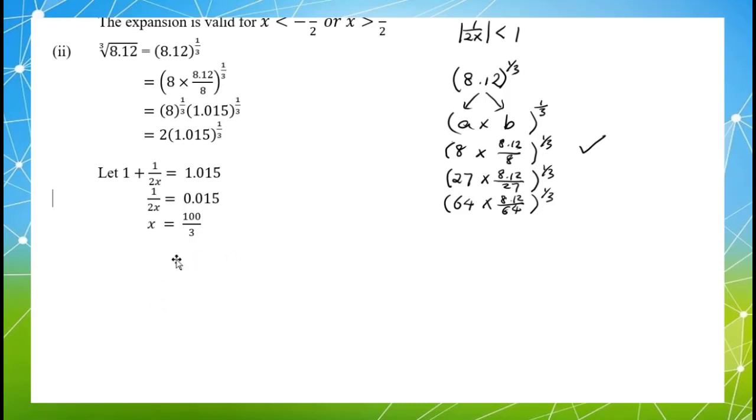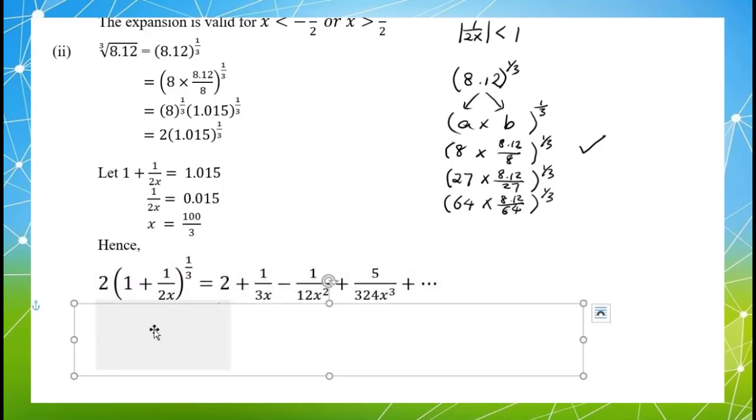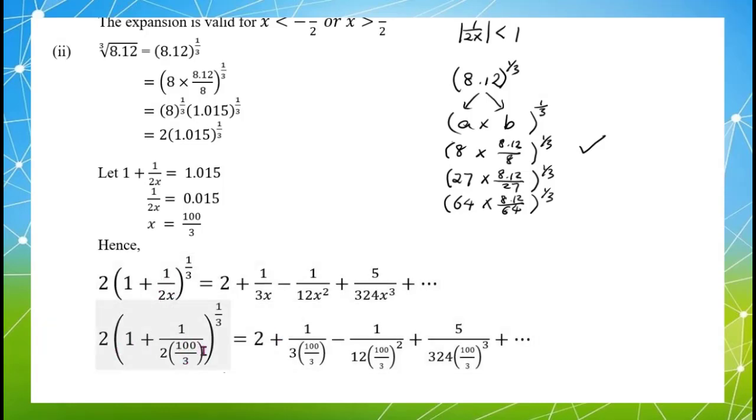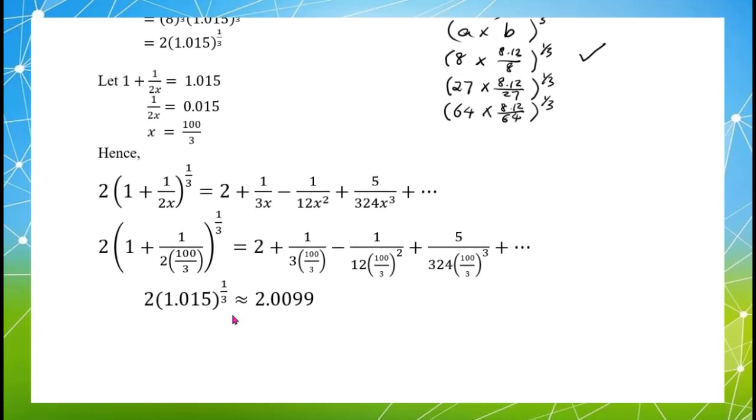Now I'm going to use this value of x to substitute into the expansion to find the approximate value of the cube root of 8.12. So I substitute x with 100 over 3 in the expansion. When I simplify both sides, I get 2 multiplied by 1.015 power 1 over 3 is approximately 2.0099. From the calculation just now, 2 multiplied by 1.015 power 1 over 3 is the same as the cube root of 8.12. So therefore, the cube root of 8.12 is approximately